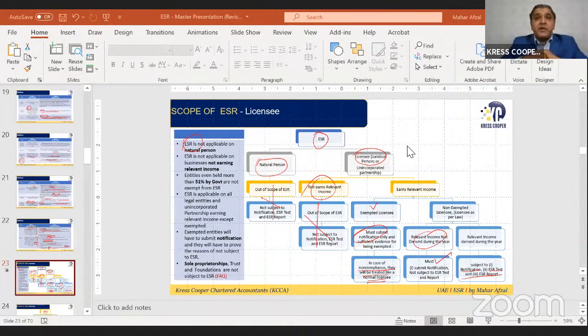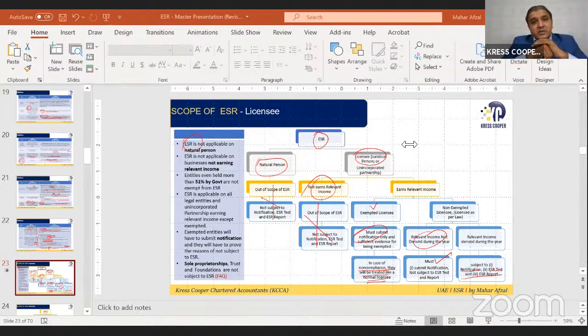One more important thing is there. Based upon the old criteria, one company, one business was subject to ESR, but they had not submitted the notification at the time. Now, there is no change in the criteria in the revised law and revised regulations. So if the licensee is submitting the notification now, the question arises whether the authority may apply the penalty. They will say, based upon the same criteria, you were supposed to submit the notification based upon the previous deadline, but you have not submitted. They may apply the penalty as well. There are chances.